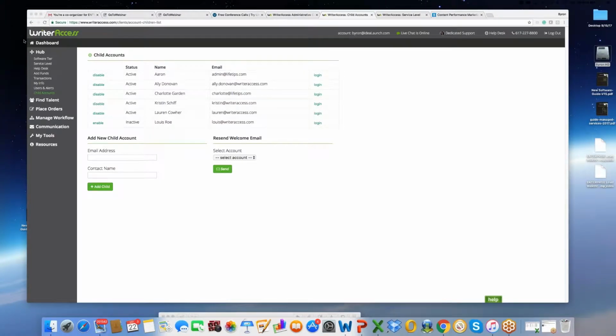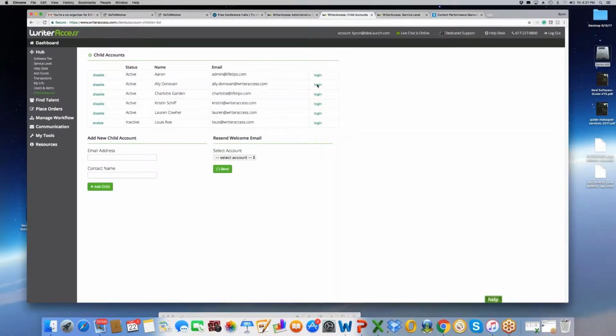So the first screen I'm on here is a parent account, as if this would be your account, and you might have lots of children that are working for you diligently on various projects. So what we're going to do is go into one of the child accounts and take a look at the features and tools that are